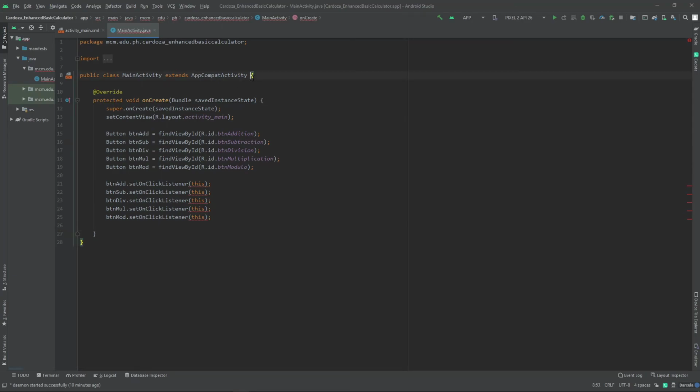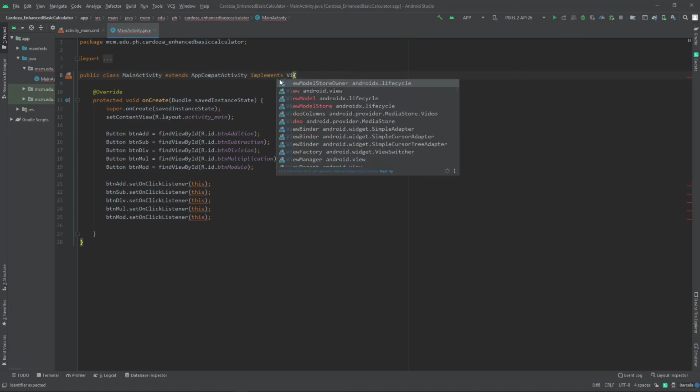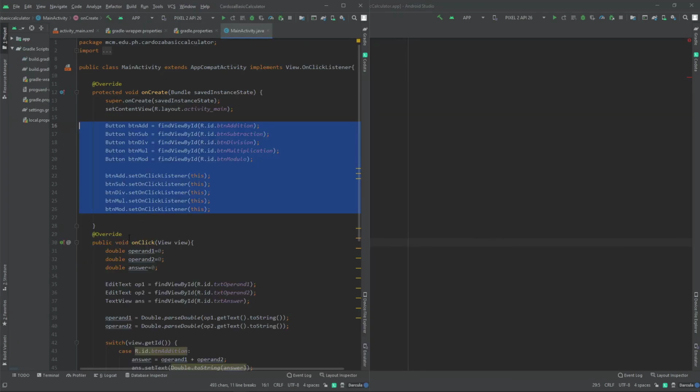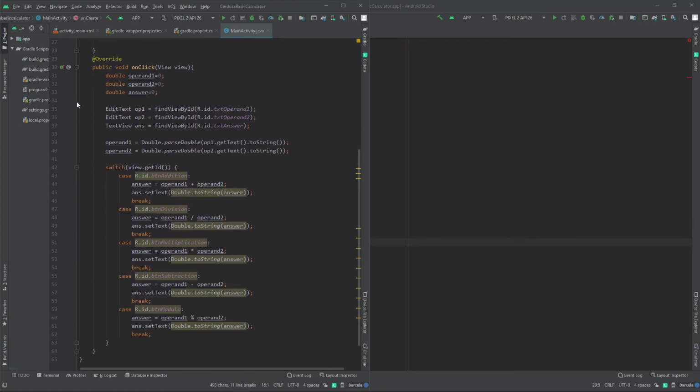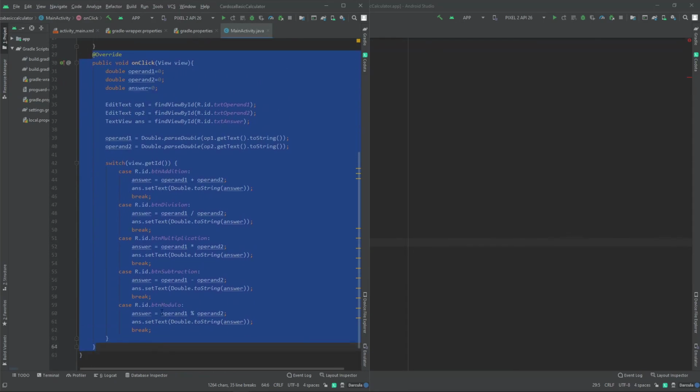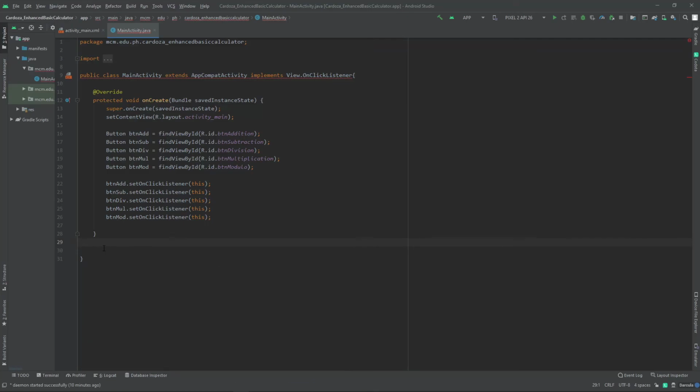Then, going here, implements view that on click listener. Then let's paste everything up to this point. So,